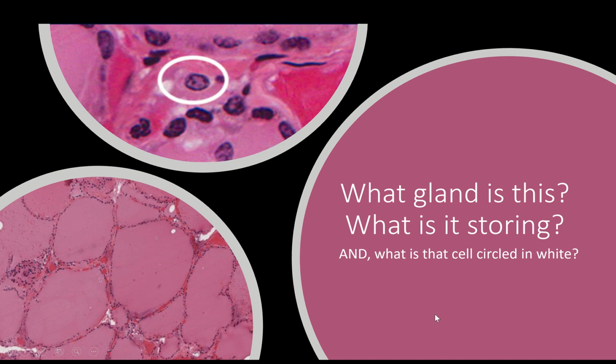So what gland is this and what is it storing? And then also, what's this cell circled in white? Okay, so hopefully you recognize this gland right here from endocrine. This is going to be the thyroid gland. Okay, so this is going to be the thyroid gland, and hopefully you remember that the thyroid gland,